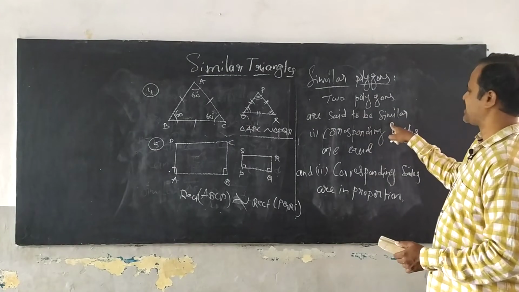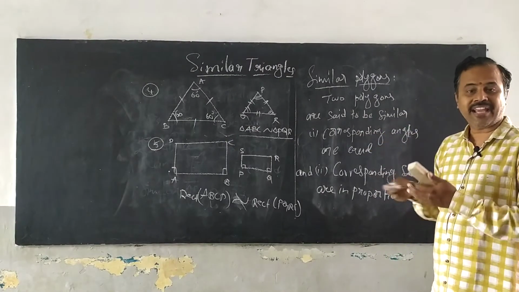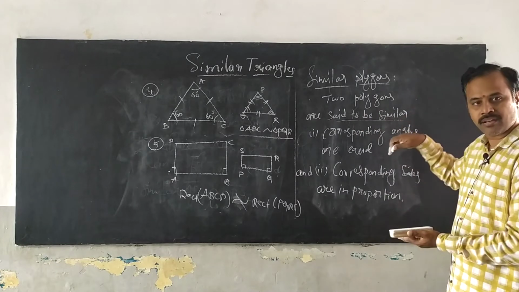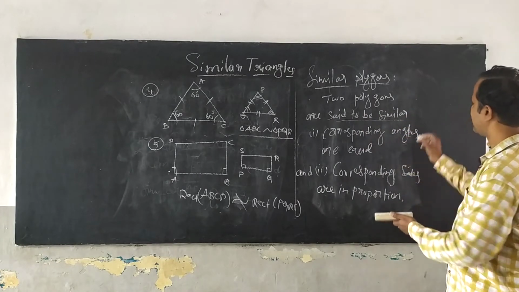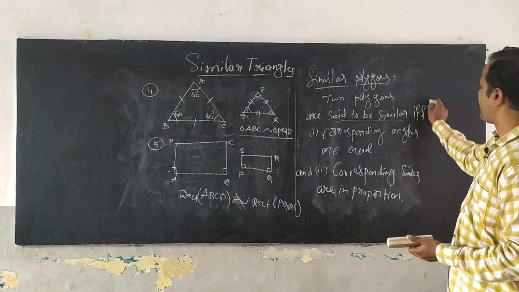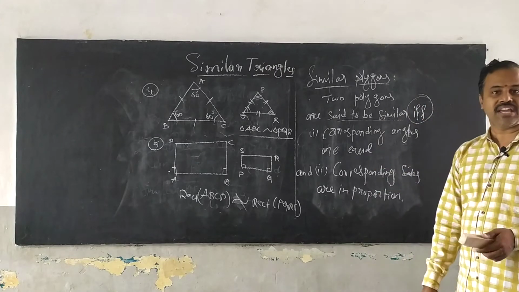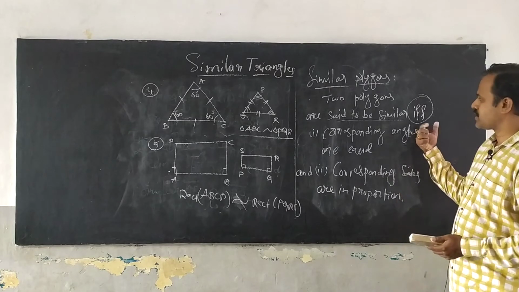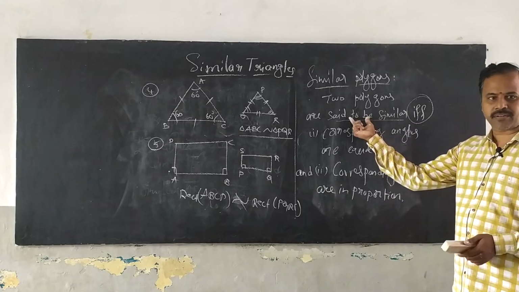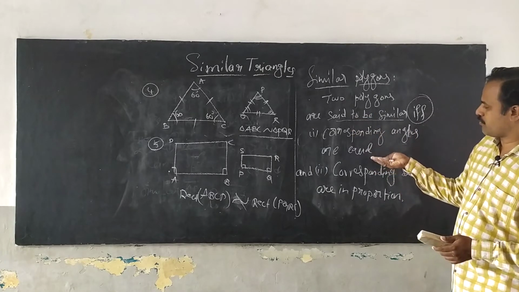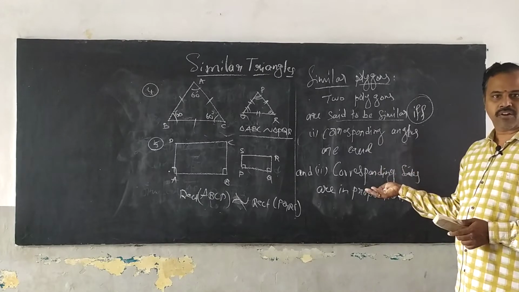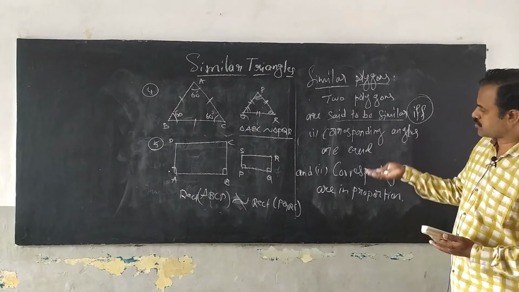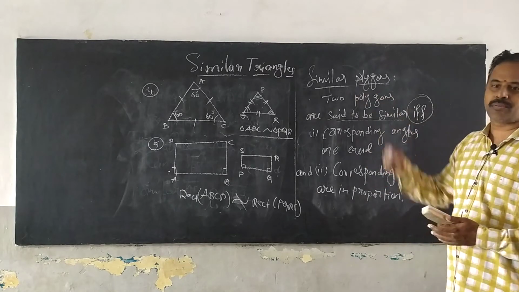are said to be similar. Here a condition is needed. They are similar when they satisfy these two conditions. So I write here IFF. So what is meant by IFF? If and only if. It shows that if the two polygons are similar, they will satisfy condition 1 and condition 2. And in reverse, any two polygons that satisfy these two conditions are said to be similar.